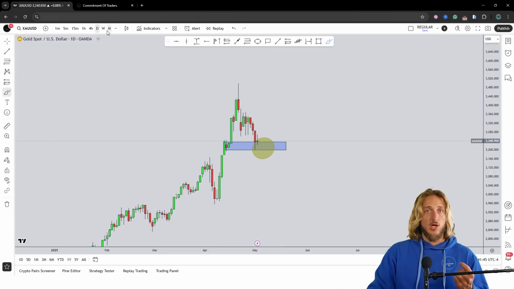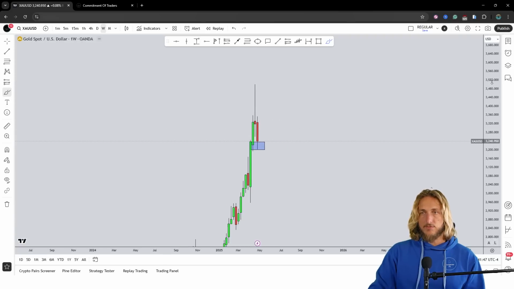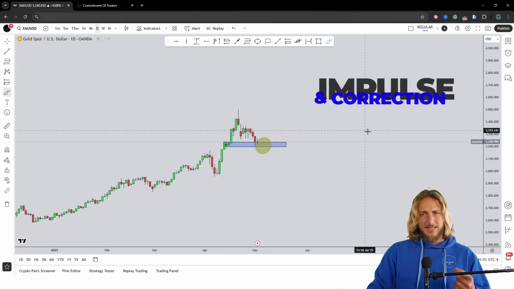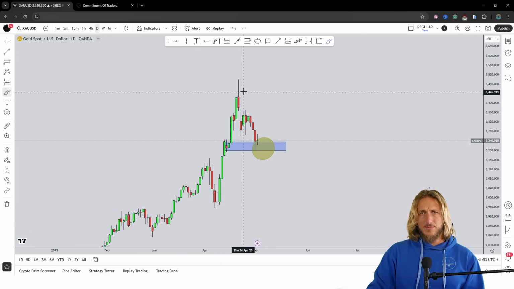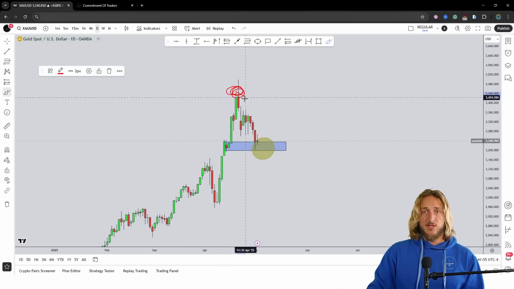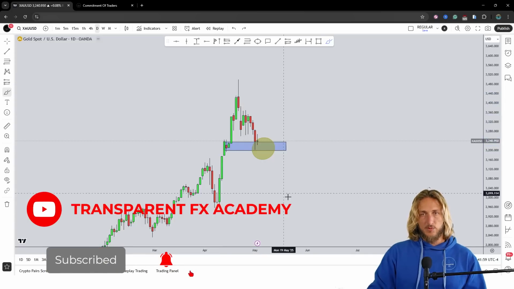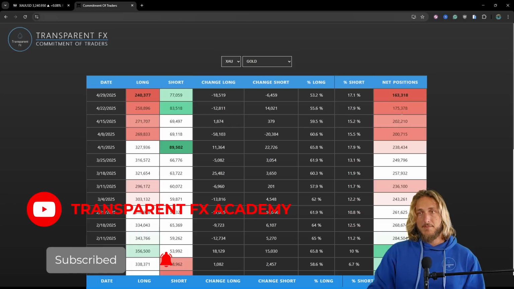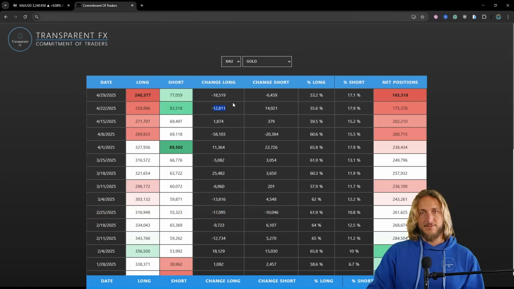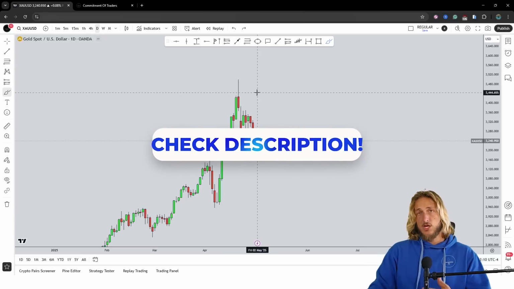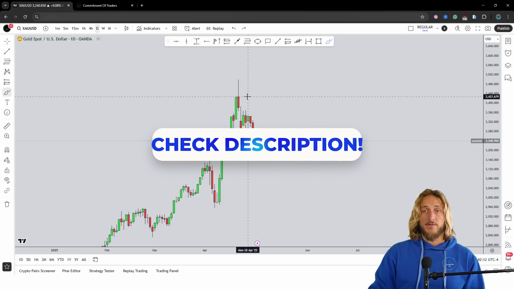We have seen that on the monthly and weekly timeframes. Essentially, after an impulse, you expect a correction. And in fact, I did speak about gold when the market was around this area and explained all the reasons for which I was expecting a correction, which is exactly what the market now gave us, fueled by institutional profit taking. In fact, we can see tens of thousands of longs getting closed. And I will link in description that previous analysis